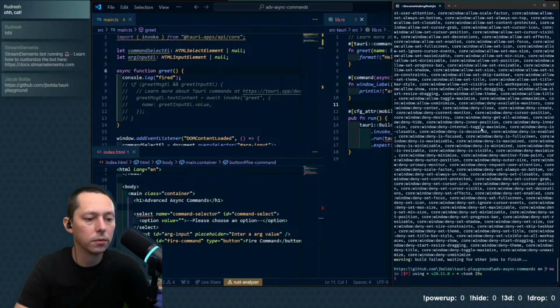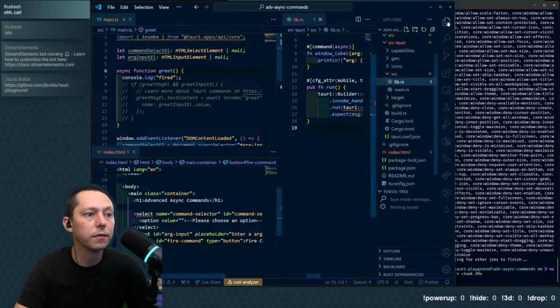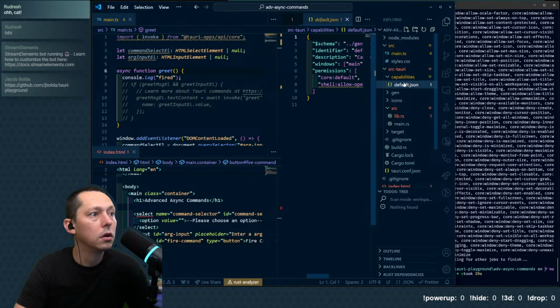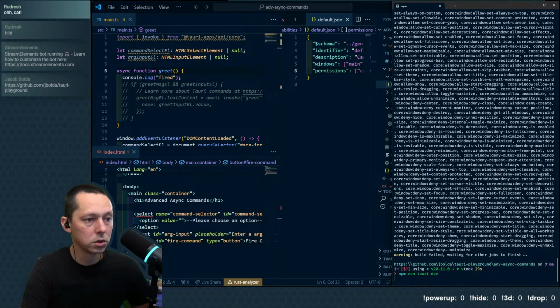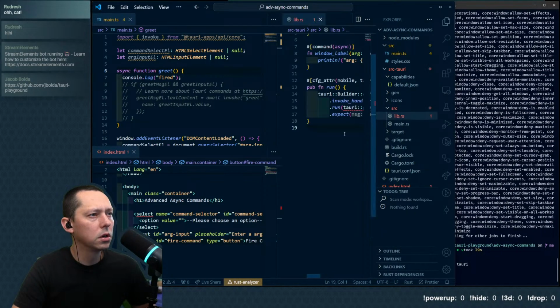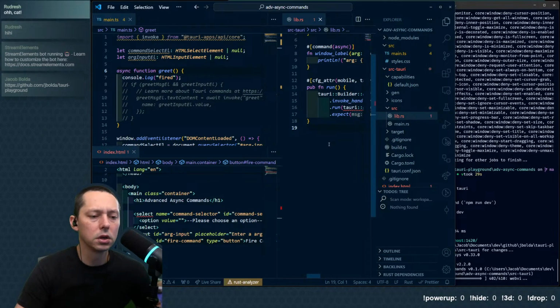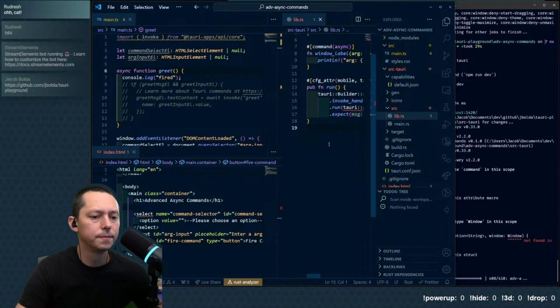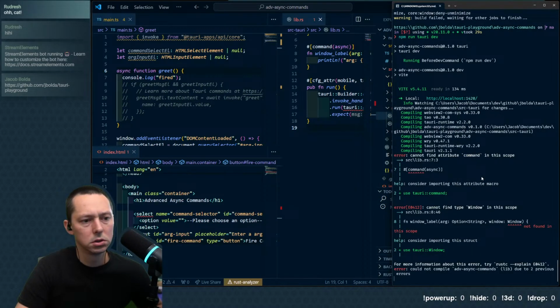We deleted shell. It does not like the fact that we are asking for permissions because we don't have the plugin, which makes sense. The shell plugin, I'm not sure why it comes in as a default, honestly. The shell plugin is for logging out to the terminal, which is useful, but okay, not found in this scope.